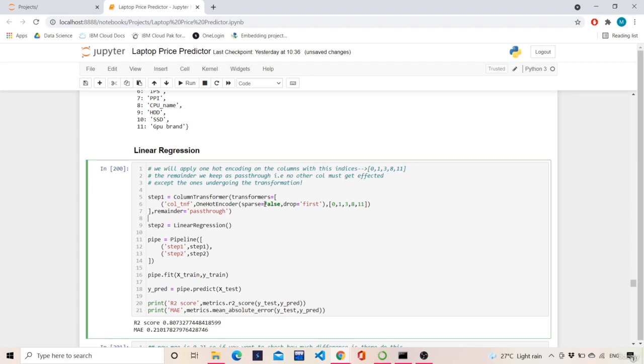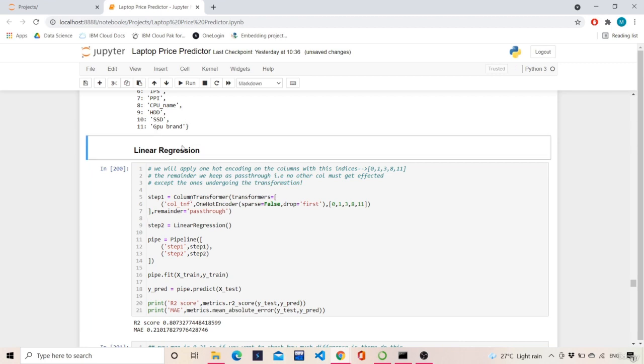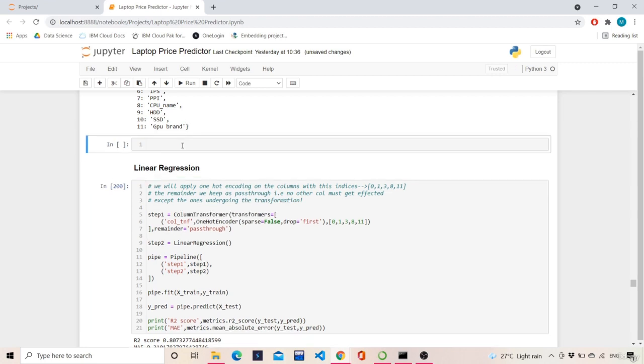So basically what it is saying is, in column transformer, this will select from column to column, and sparse equals false. What do we mean by sparse? I'll show you what sparse means. Sparse is when you have a lot of zeros in your matrices. If I have a situation like 1 0 0 0 0 0, this is very small.